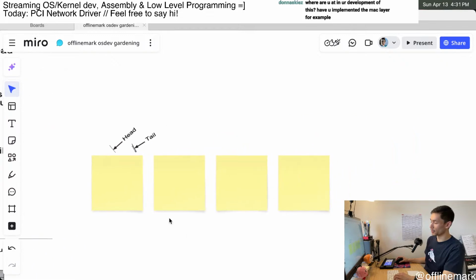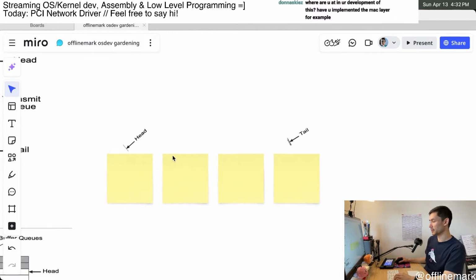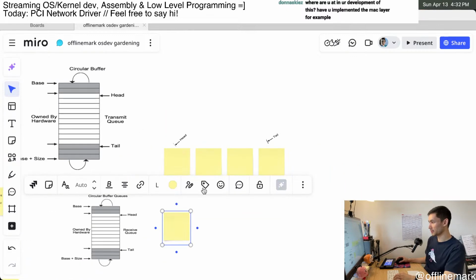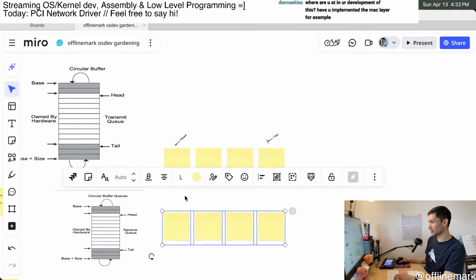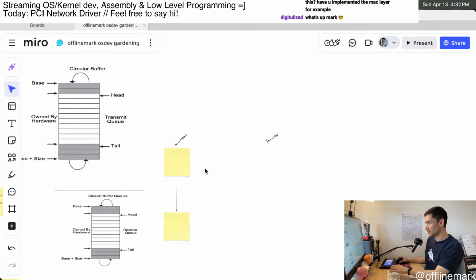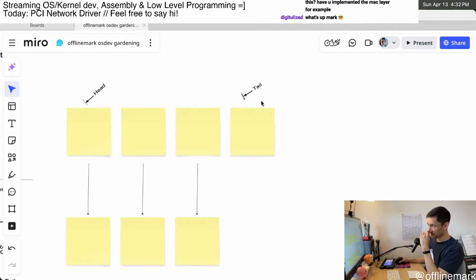okay. So on initialization, what we actually need to do is mark all of these as available, which means we populate the descriptors. So we loop over and we're going to initialize all of these, and each of these needs to point at a buffer. Okay. Although, except for this last one, I think the way I've been doing this is to